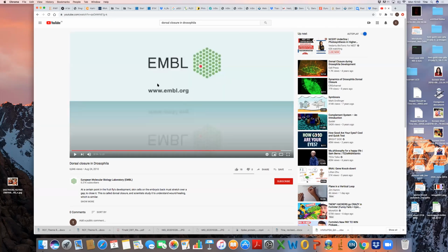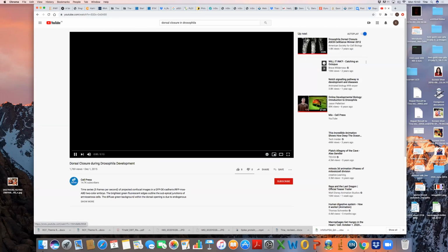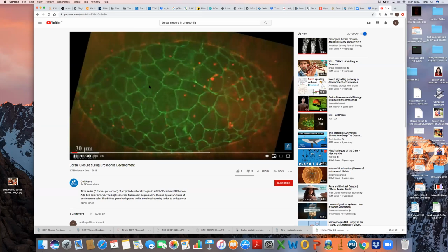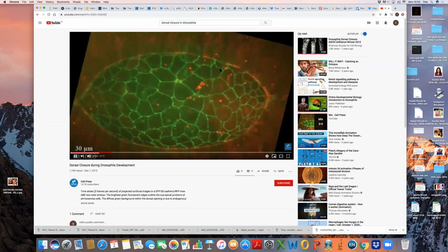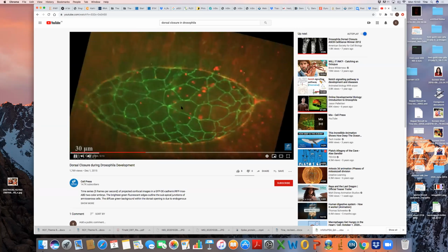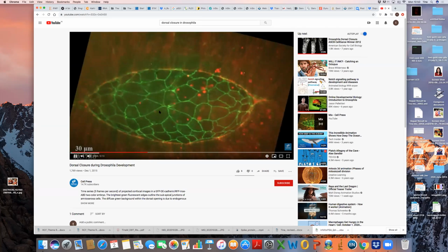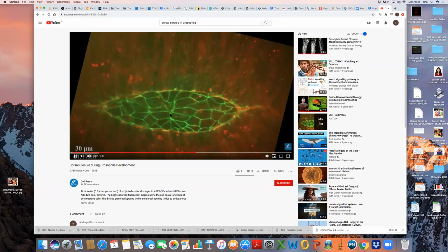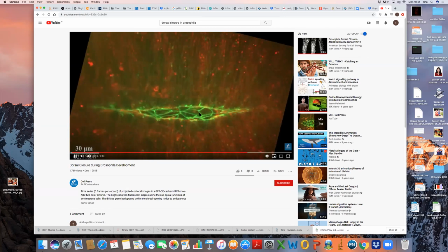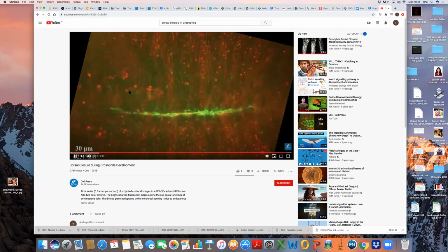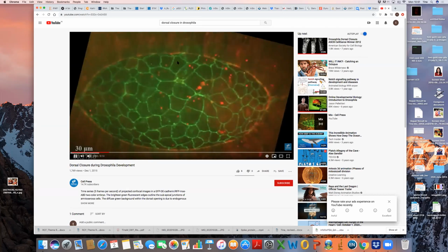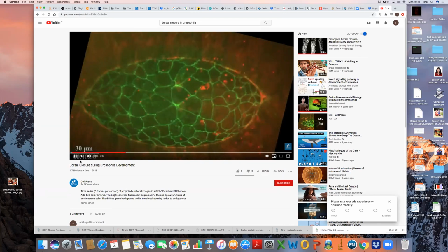Now you can see the cells of the amnioserosa in this one. This is the actin ring that gets formed. And these cells of the amnioserosa are actually going to be deleted. But you see how actin structures are going to be very important in this closure of the two ends of the embryo,